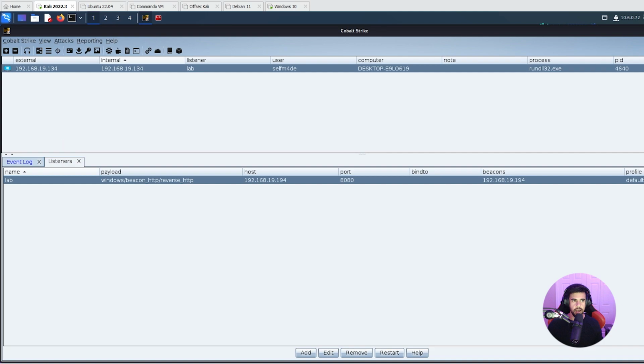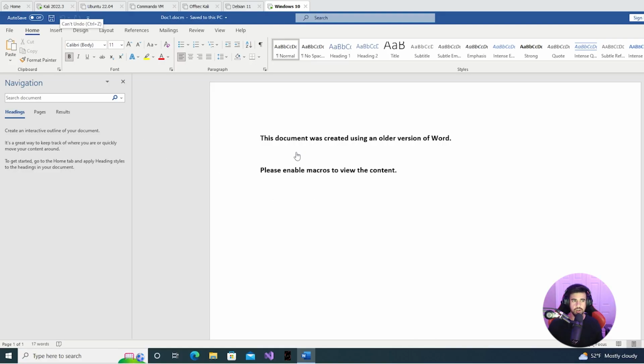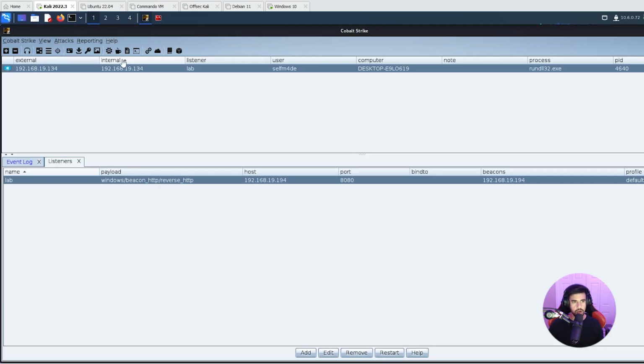Pretty cool. In some cases, it will prompt the user to enable the macros. That's why if you have some good social engineering in the document itself, you can just entice the user. And a lot of times, users are not as smart as you think. A lot of times, it's kind of like accepting a EULA, right? Accepting the end user license agreement. They're just going to be like, okay, just show me the content already, and they just click the button, and then you have your beacon, right? So in this case, we're good to go here,